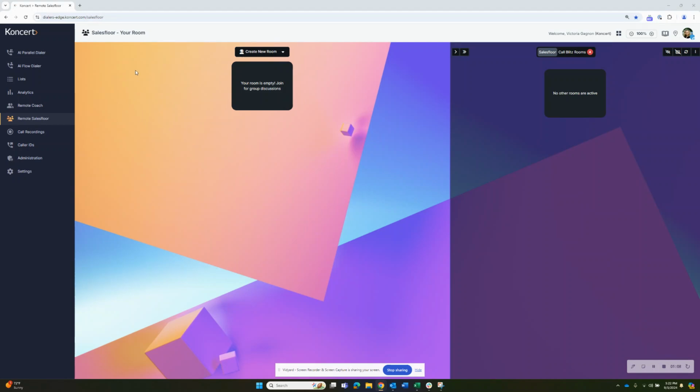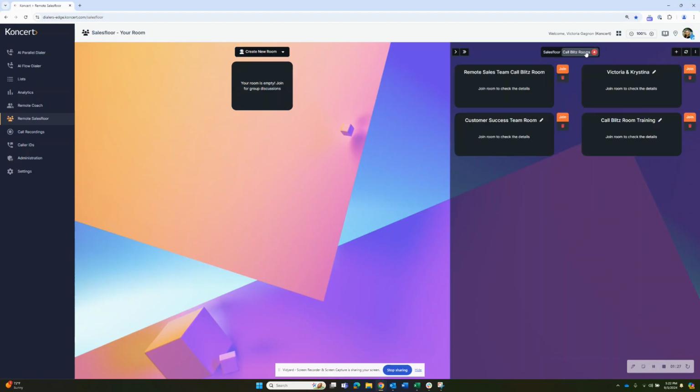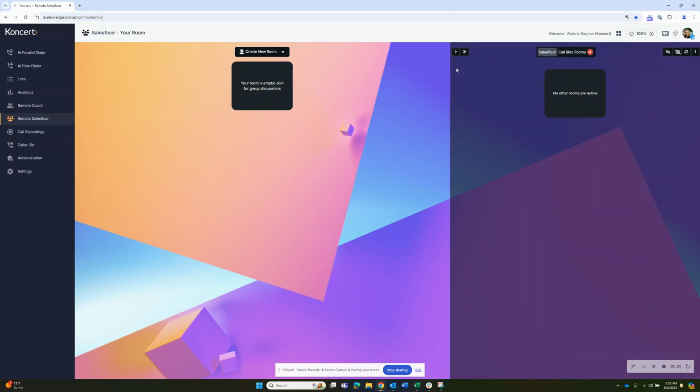So what you're seeing here on the left-hand side is Salesfloor. When I first come into the remote Salesfloor, it will initially allow people to create a Salesfloor room. But you'll also notice on the right-hand side that it also has this option that I can toggle over to the Call Blitz rooms. We're going to go into the Call Blitz rooms in just a moment, but I'm going to start with